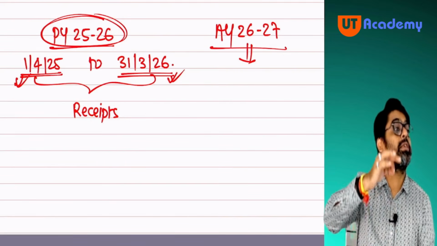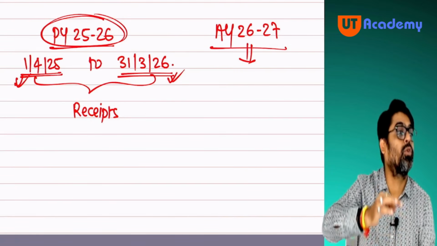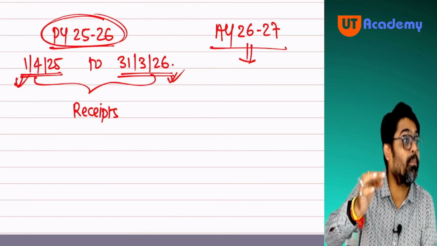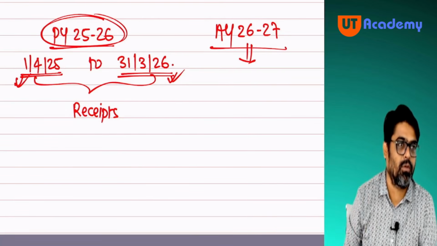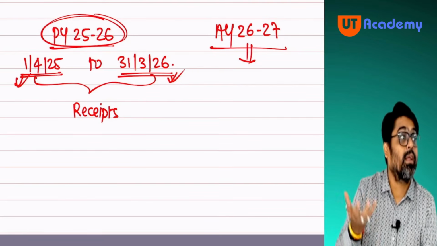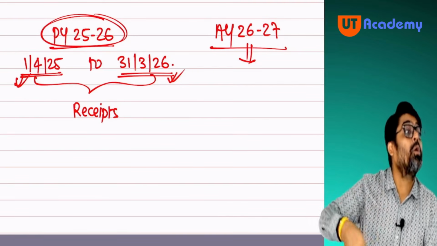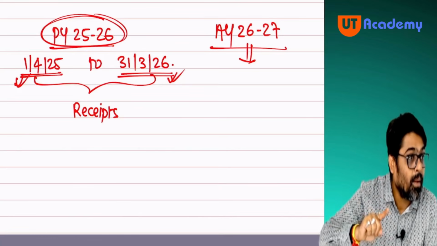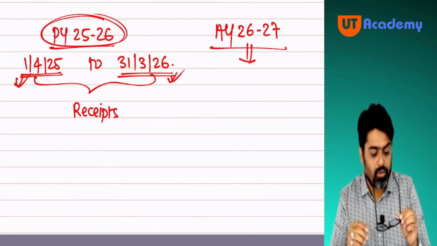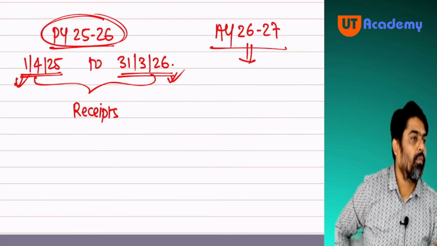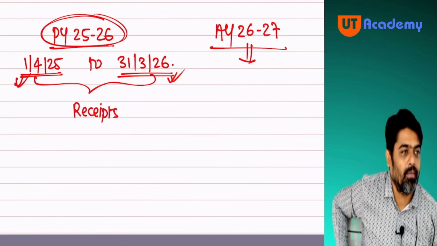The receipts which happen from a definite source on a regular basis. There is a definite source from where the receipts are happening on a frequent or a recurring basis. Those type of receipts are known as... So tell me, if I am coming here, KS Academy,